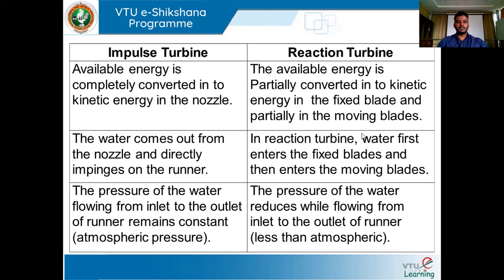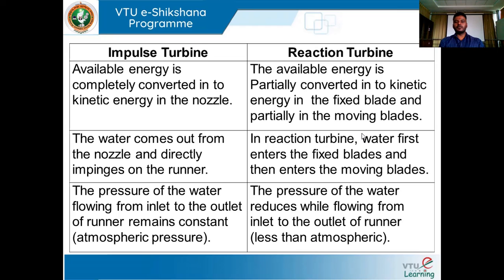As we discussed in the previous session, in the case of impulse turbine, the energy of water will be completely converted into kinetic energy in the nozzle before water is passed on to a runner blade, right? So in the case of impulse turbine, we make use of a nozzle which reduces the pressure energy of water and increases the velocity of water. That's how the turbine blades get driven by the high velocity jet of water in the case of impulse turbine.